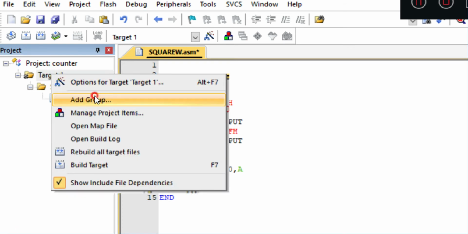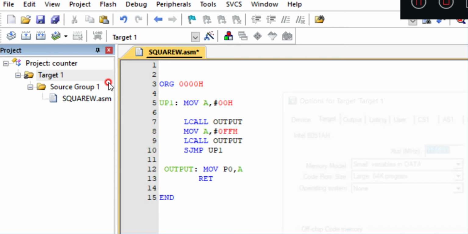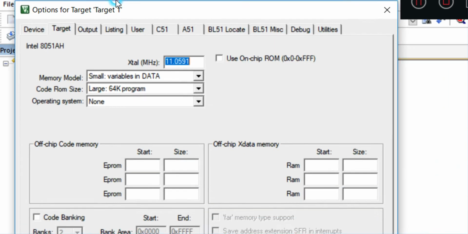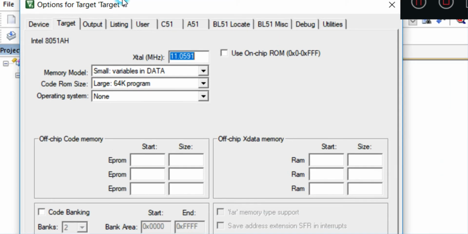I hope you can see the option for Target 1. You will get this window. In the target, you need to see what frequency you are using. It has to be 11.0592.